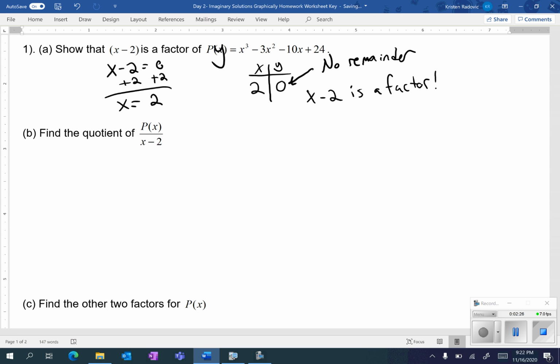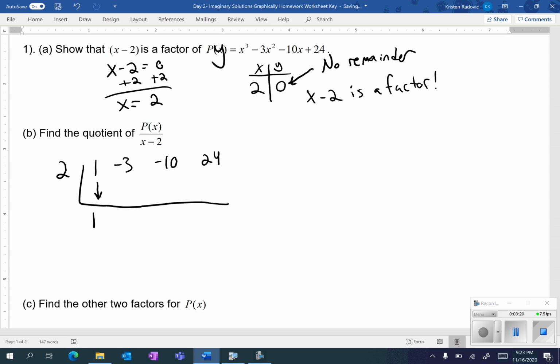For the next one, they want you to find the quotient. You can either do this by long division, you can do this by the reverse tabular method or the reverse box method, however you call it, or you can do synthetic division. In this case, synthetic division is probably your fastest bet. So as a review of synthetic division, you're going to take the coefficients and write them out. My coefficient of x cubed is 1. The next ones are negative 3, negative 10, and 24. Now, if you're dividing by x minus 2, just like in part A, we're going to use a positive 2 on the outside. In synthetic division, you bring the first one down,